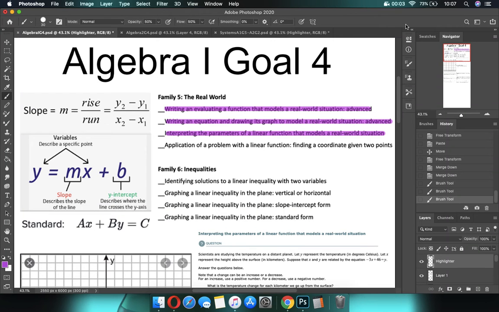Ladies and gentlemen, this is Ms. Dubois yet again trying to help our students through our Coronacation day number. I've lost track already, so early. Right now we're going to be talking about Algebra 1 Goal 4, and specifically we're going to be talking about